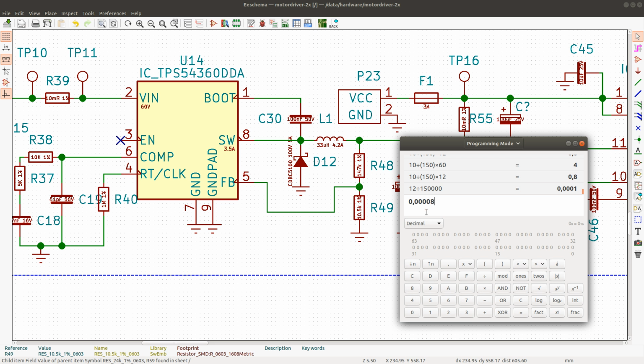That would be about 80 microamps. Right, okay. So we have 80 microamps, but then we have